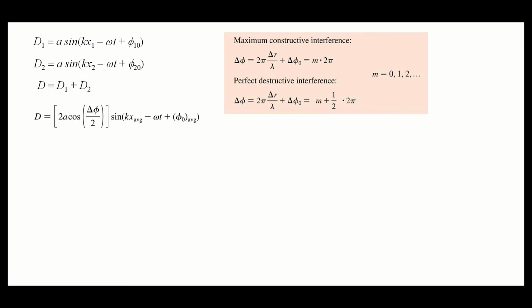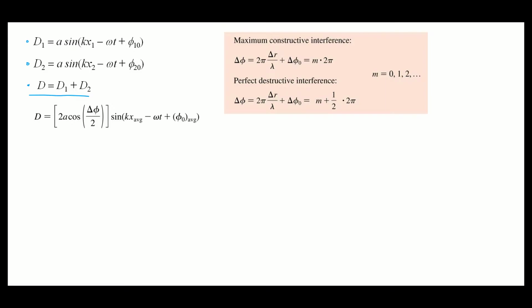So in the last few videos, we've been looking at the concept of interference, essentially when there are multiple waves in a medium, and we use this principle of superposition where the total displacement from all the waves is just the sum of the individual wave displacements. And in the last video, we looked at what happened if we had two waves in a given medium, described by displacement one and displacement two.